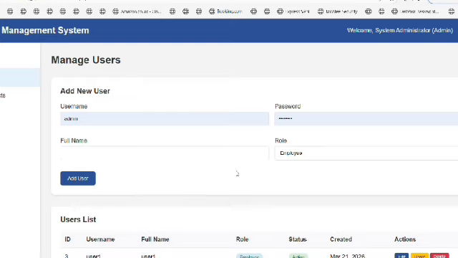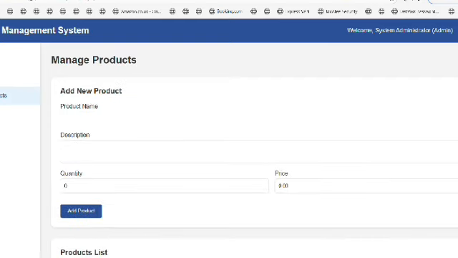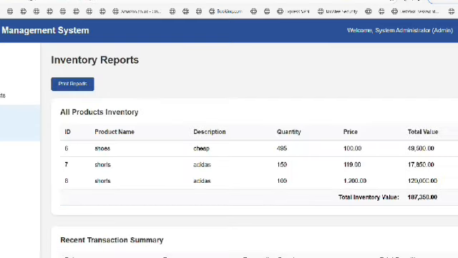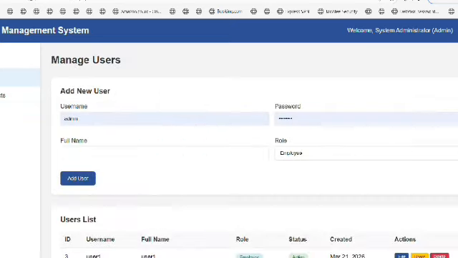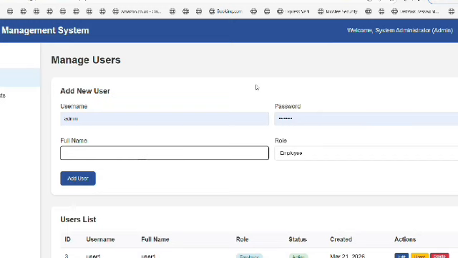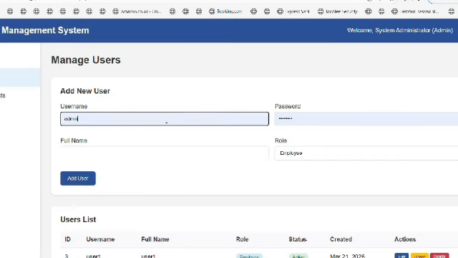Manage users of admin. Manage product, reports, and activity. First, I will discuss manage user. Here in the manage user, we can